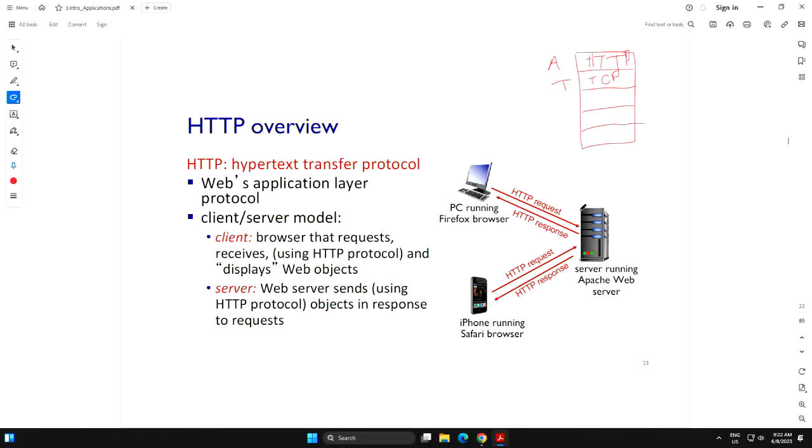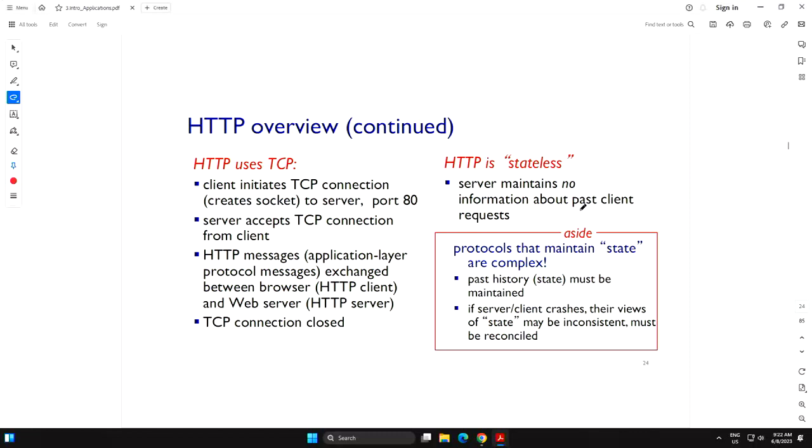Okay, so without further ado, let's delve into the details of HTTP. Just wanted to say that HTTP uses TCP, and TCP is stateful, but HTTP is not. In terms of terminologies, what is stateful? State means that you need a connection, and you maintain this connection, and what happened previously is important for what you are doing now. So you are maintaining the states of the past to make the decisions for the present, right? HTTP is stateless.